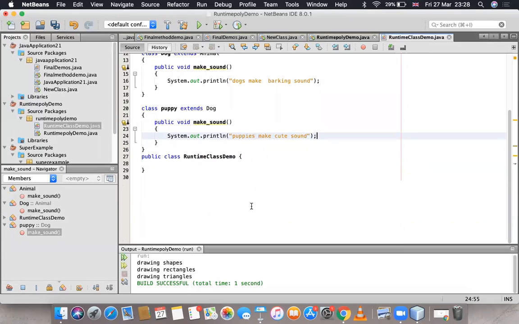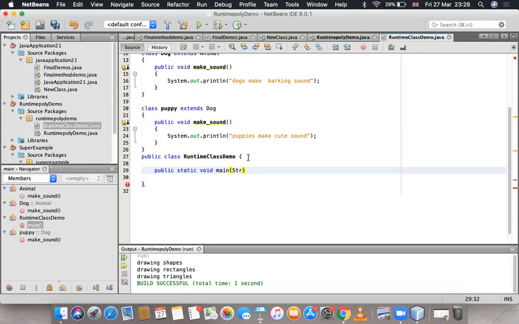Okay, now what I should do is write public static void main(String[] args) here.